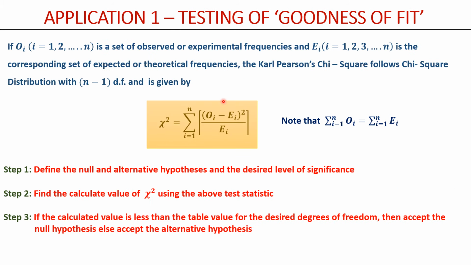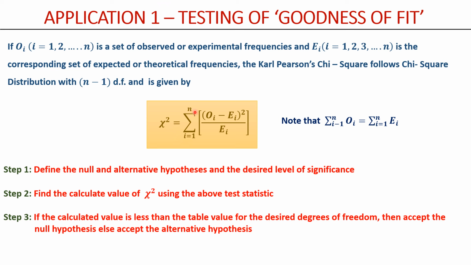Let's begin with the first application, which is testing of goodness of fit. Let's assume that Oi represent the set of observed or experimental frequencies, and Ei, where i varies from 1 to n, represents the corresponding set of theoretical frequencies. Then the Karl Pearson chi-square follows the chi-square distribution with n minus 1 degrees of freedom, given by this particular